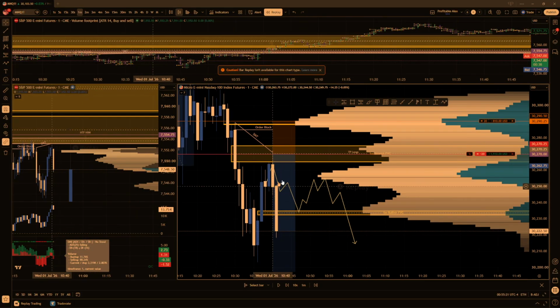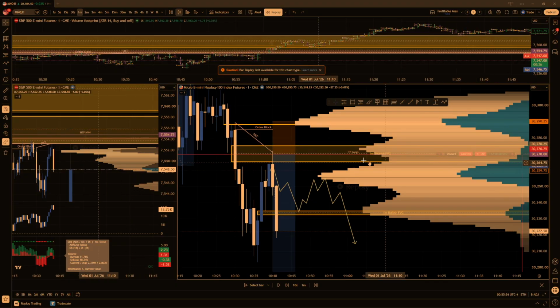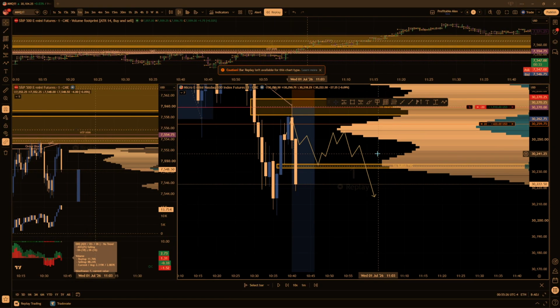Completely breach it. We're not coming back. This is permissible to go trail before this volume profile. And then